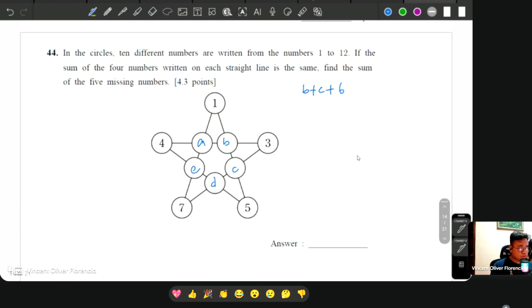Oh yeah, same result. And then we also have here, what else? Say C and D. So we have here C plus D plus 7 plus 3, which is going to be plus 10. Okay, next, the other one, we have here D and E. So D plus E plus 9, right? Because 4 and 5.